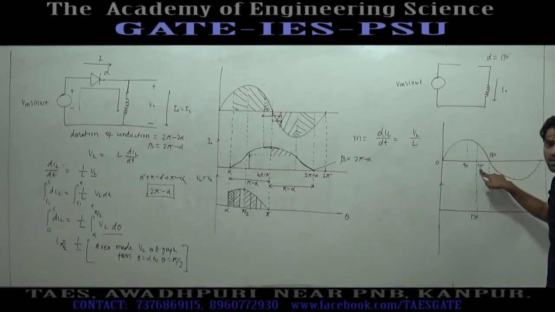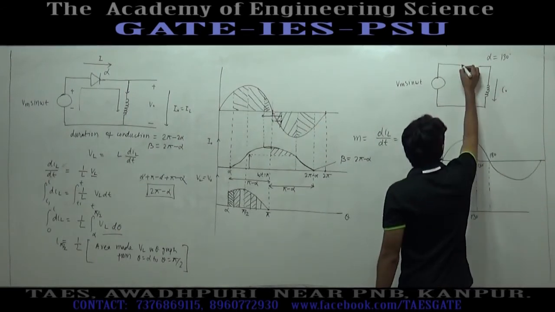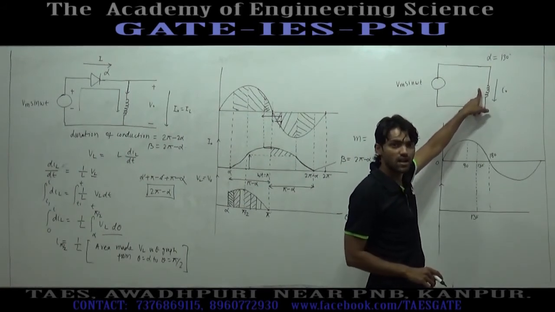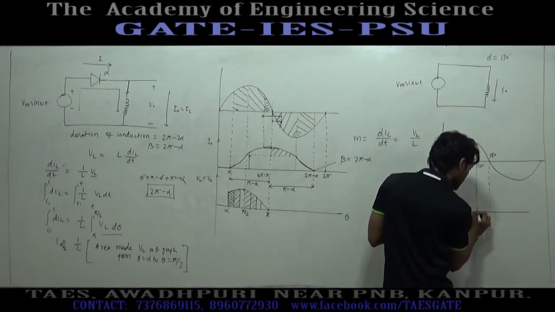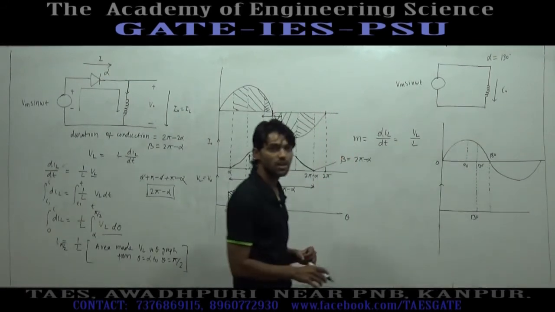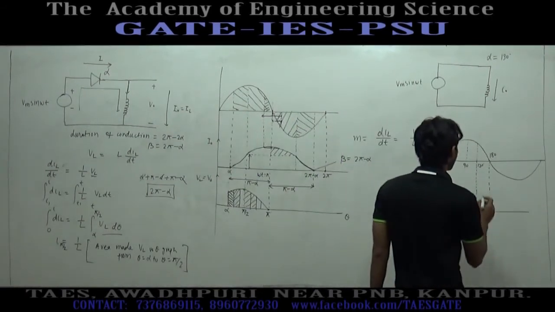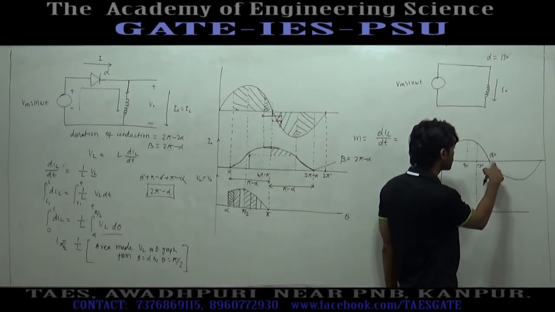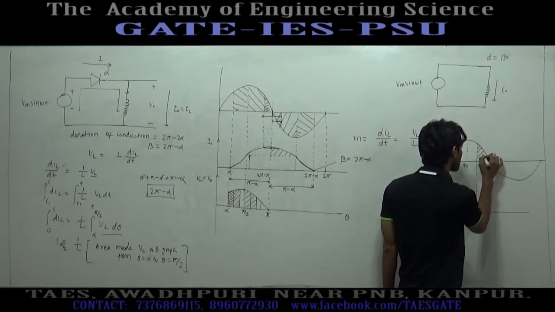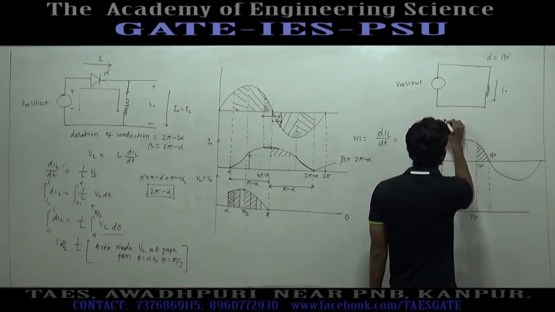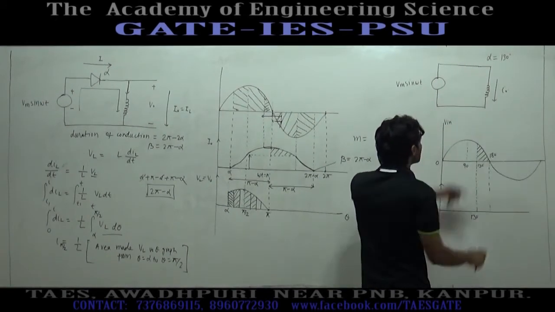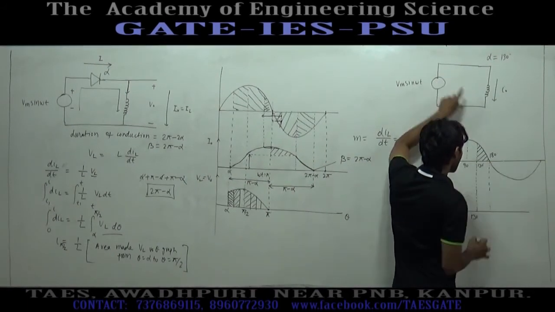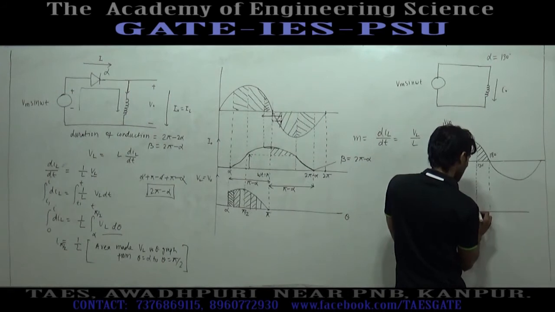At omega t equal to 130 degree, the thyristor is given a triggering pulse, so it will be short circuited and the inductor current will start rising gradually, and the change in inductor current will be decided by the area made by the inductor voltage graph. From omega t equal to 130 degree to 180 degree, this is the input voltage, but since the thyristor is short circuited, the inductor voltage will become the input voltage. The area made by the inductor voltage graph is this much. So, the rise in current will be